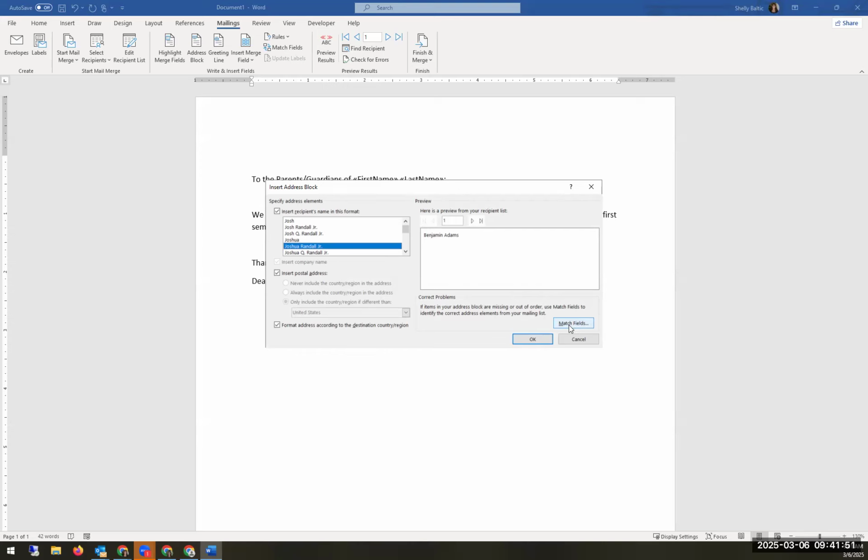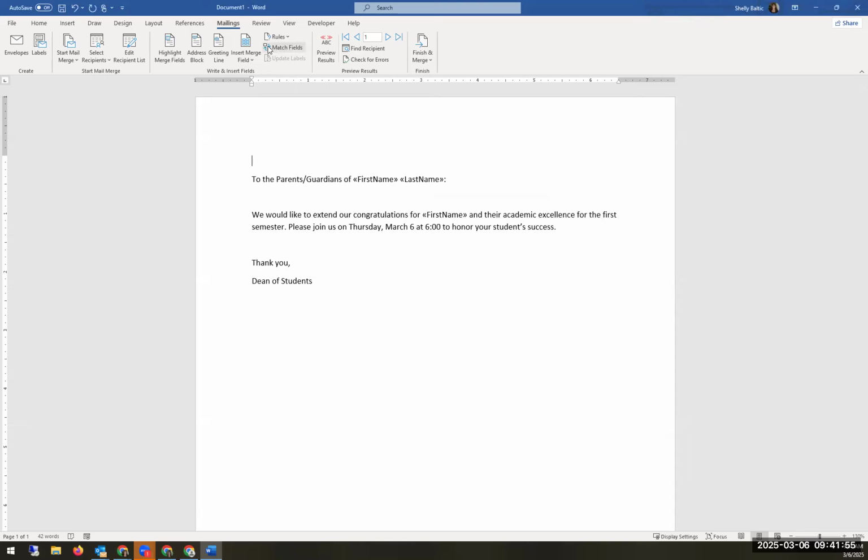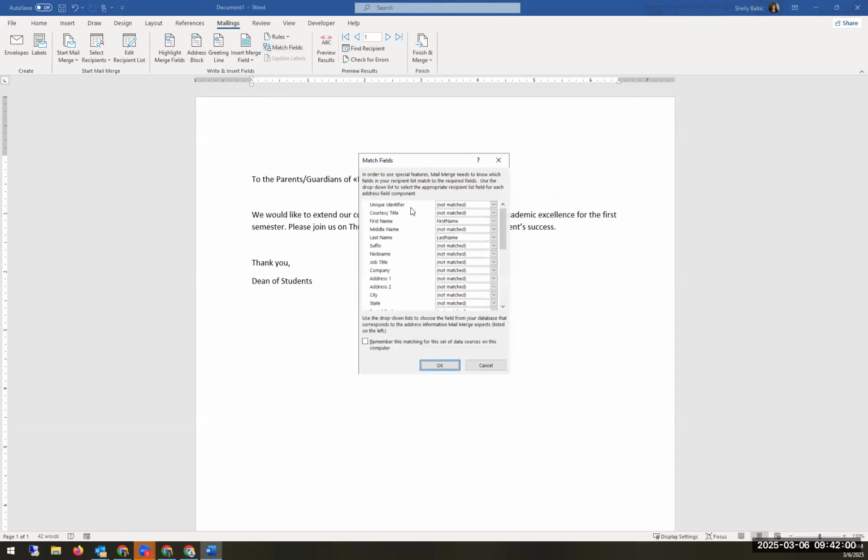So I can click right here and click on match fields, or I can come up here on my toolbar because this is now available and I can say match fields. And then you can see here where it says address. Okay, it automatically picked first name and last name. It knew that. But my address line was really long. It was called mailing address street. So it does not know that. So now if I put that in here, I can put in my address too, and then my city, state, and zip